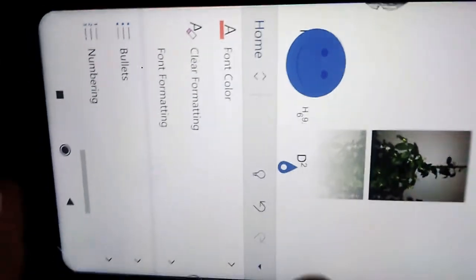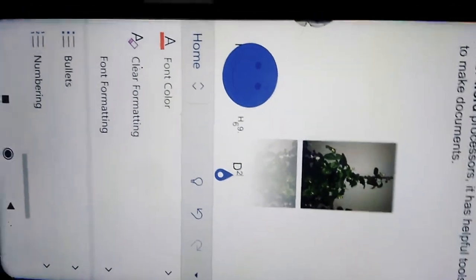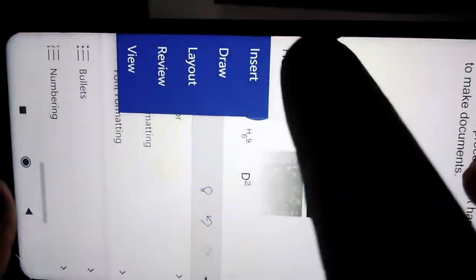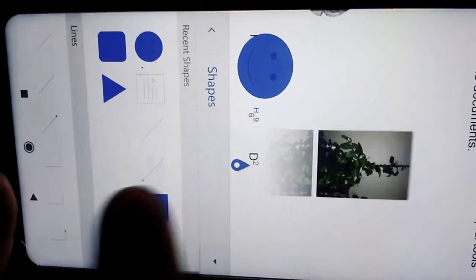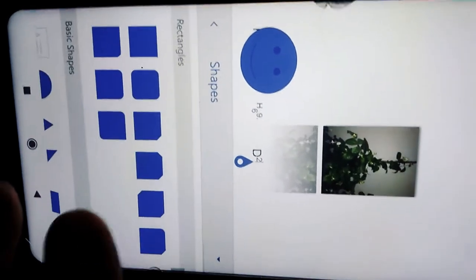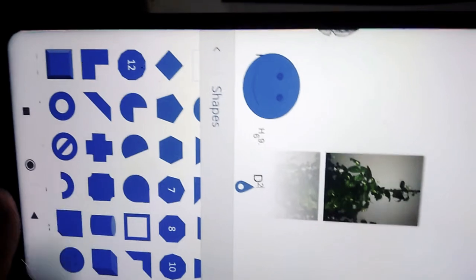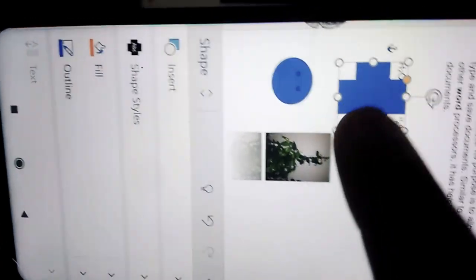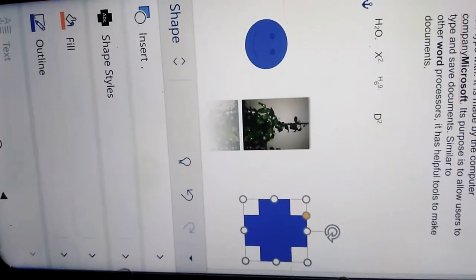Now if you want to insert any shape in the Word document, you will go to the Insert tab, then Shapes, and you can select any shape from here. Like this, I have selected the plus sign, and it will appear on your document.